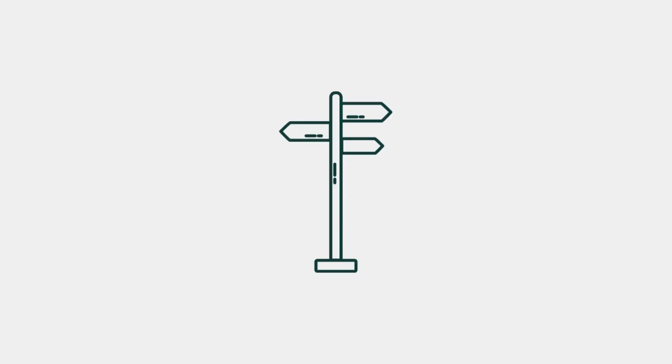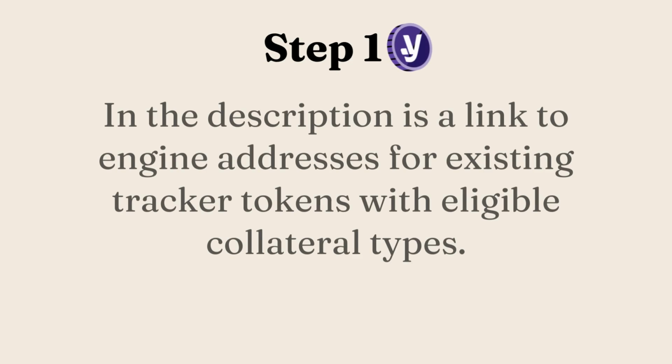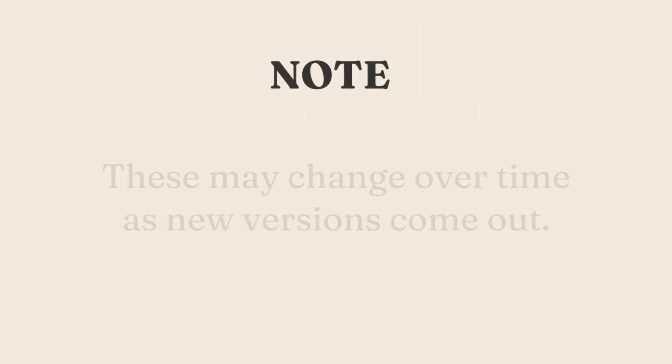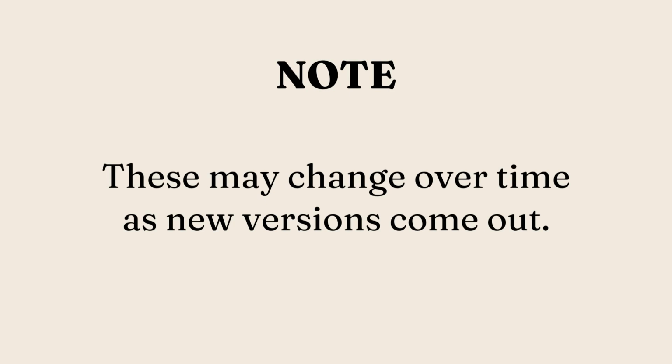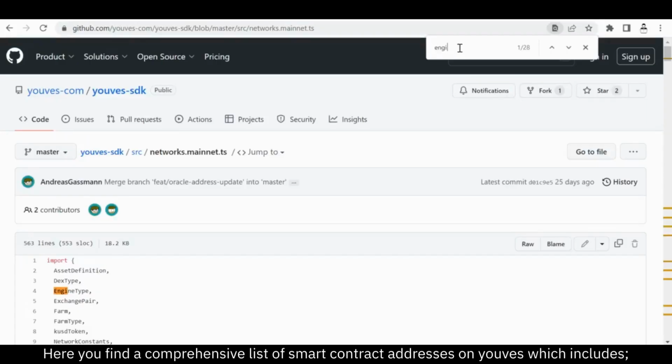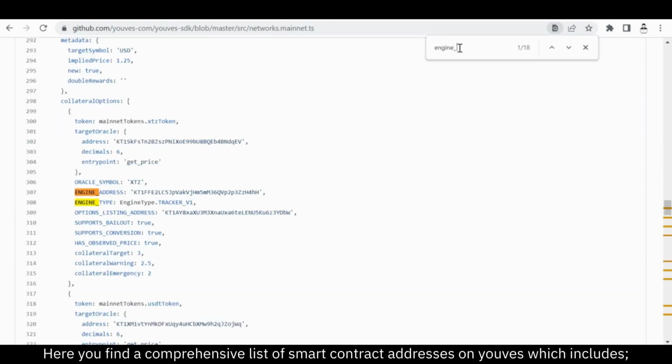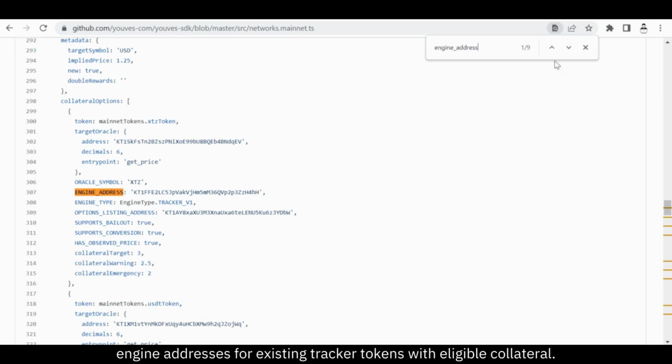In this video, we will walk you through the process. Step 1. In the description is a link to engine addresses for existing tracker tokens with eligible collateral types. Note: these may change over time as new versions come out. Here you find a comprehensive list of smart contract addresses on youves, which includes engine addresses for existing tracker tokens with eligible collateral,